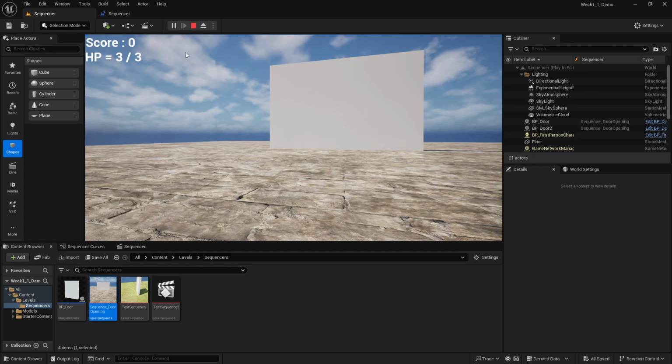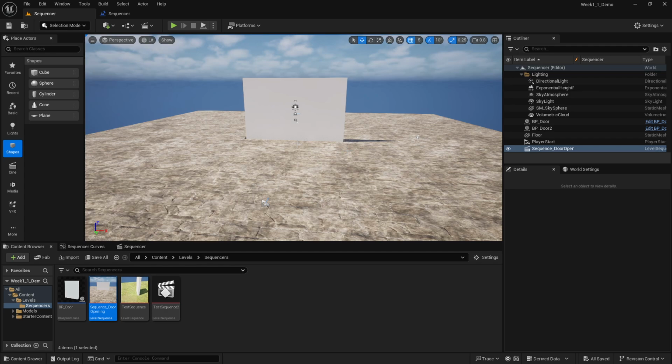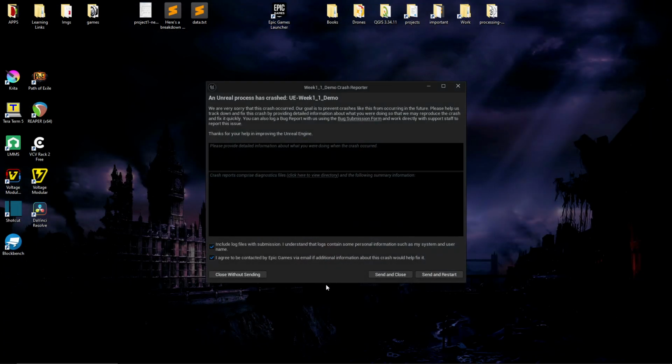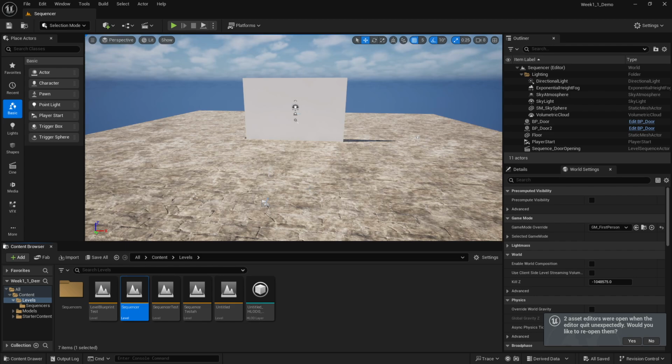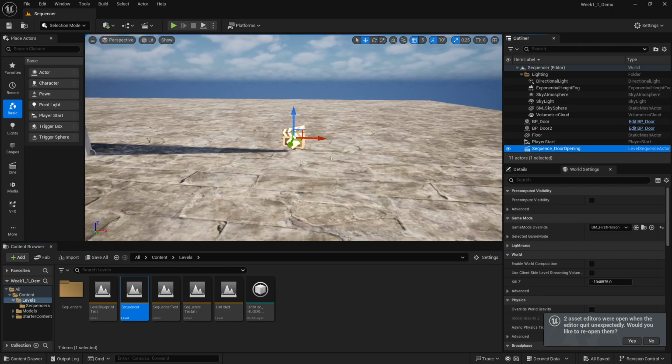Let me get out of here. I apologize, my Unreal crashed for no reason, but we're back. So let's try and fix that door opening thing. If I was to open my sequencer back up again,